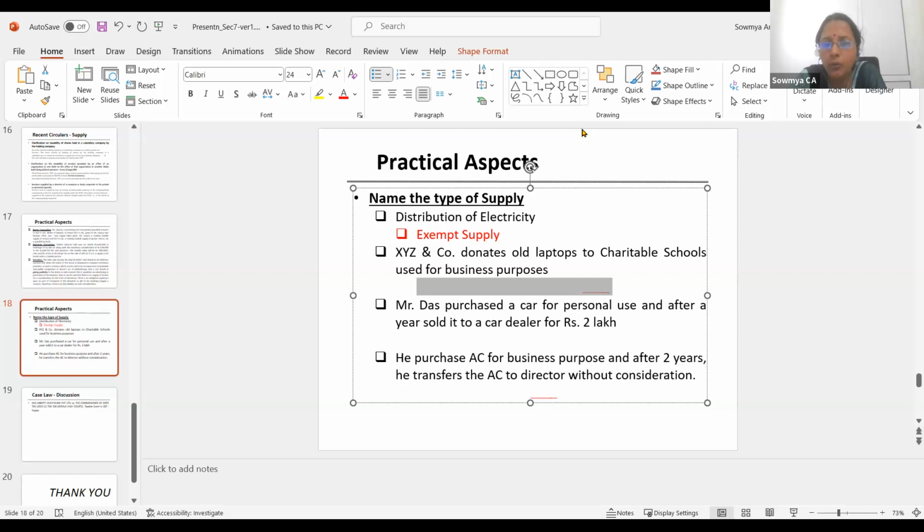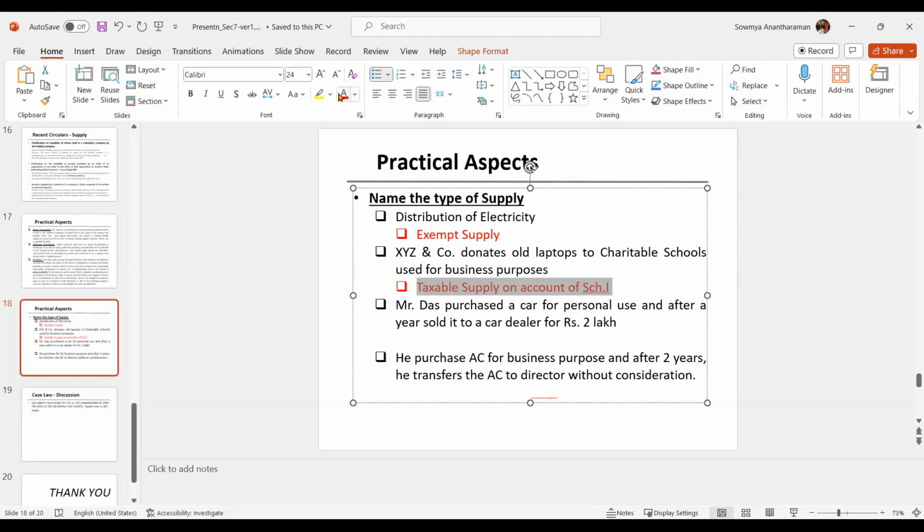But generally, if you say that you are just giving it out of charity purpose, we have to go with the circular and clarification, and always there are two views that are possible, and we will have to fight it out only with the department. And the problem here will be only that litigation where the officer will say, why you have put your name in the laptops, and so it is only advertisement, and they might charge